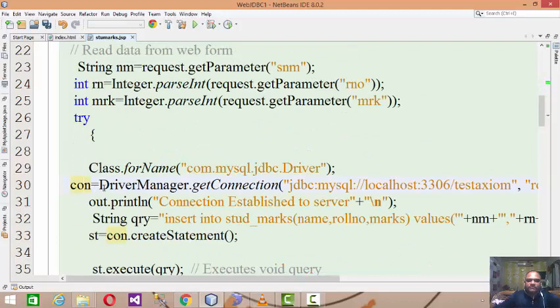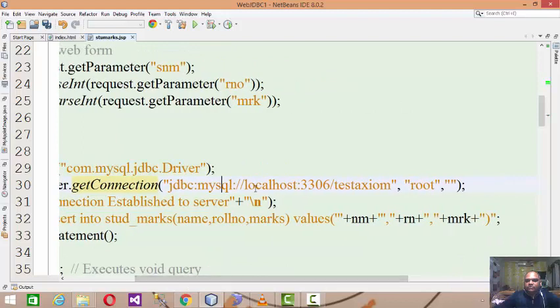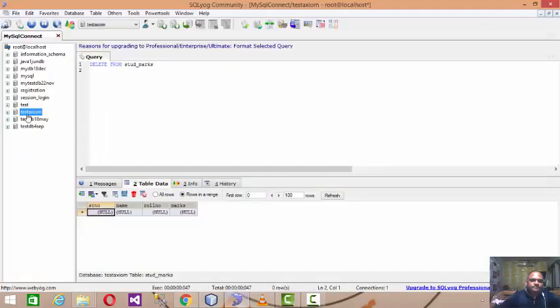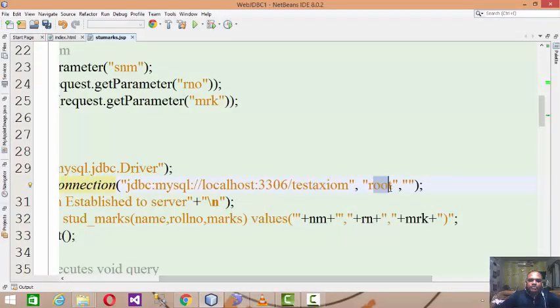You have to initialize it with DriverManager.getConnection, with jdbc:mysql://localhost:3306. Localhost 3306 is the port number, and the test axiom is the database name which I created in MySQL. Then you have to specify the root ID and the password.